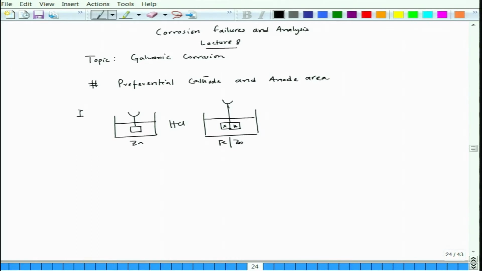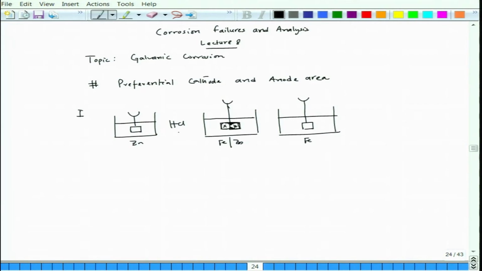We could see that here also weight is reduced, but the majority of the weight loss was coming from the zinc surface, and the corrosion pattern is like this. Iron also gets corroded in some portion, and zinc would be more, but the corrosion would be closer to the joint rather than away from that joint. In another experiment, in the same HCl medium, we had an iron block and measured the weight, and we saw that weight is lost.